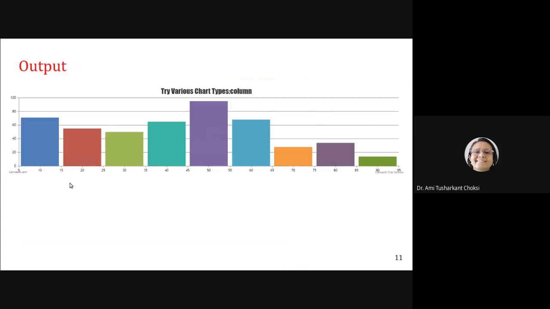So what we can get with that is the column chart, right? Column chart is there. We can see that very nicely here, isn't it?